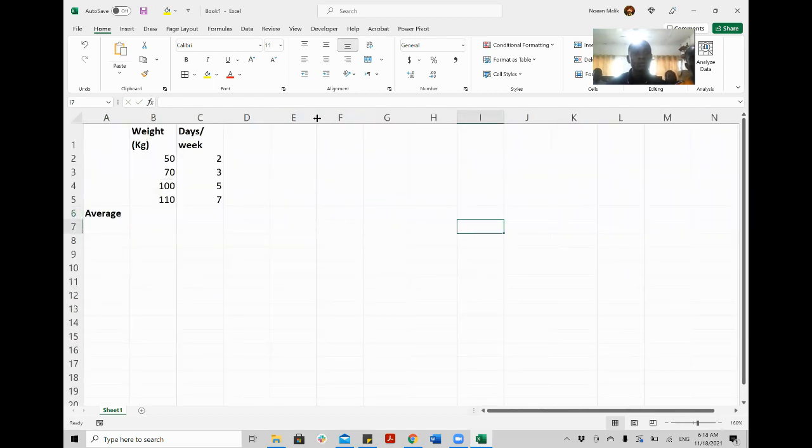When you move to any cell and click once with the left button, your cell is selected, right? So I will go here where I want to add the average. I will go to the top ribbon and press one left click on the mouse.